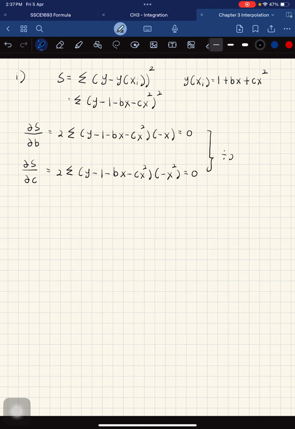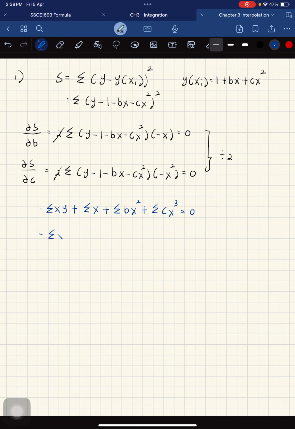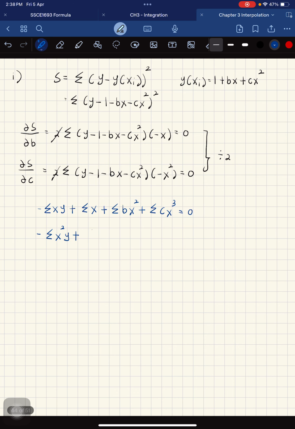These two equations divided by 2, this one can be cancelled out. So you will get negative summation xy plus summation x plus summation bx squared plus summation cx cubed equal to 0, and then negative summation x squared y plus summation x squared plus summation bx cubed plus summation cx4 equal to 0, and then you arrange this one,